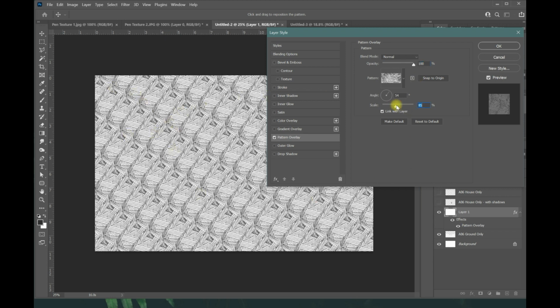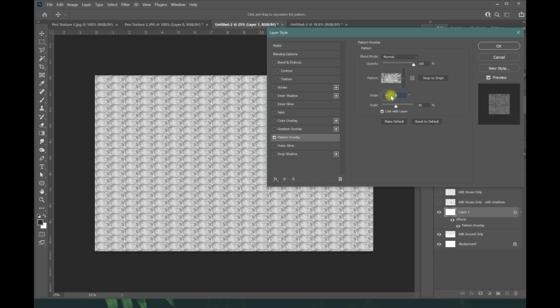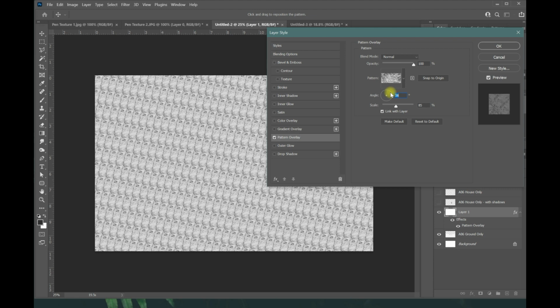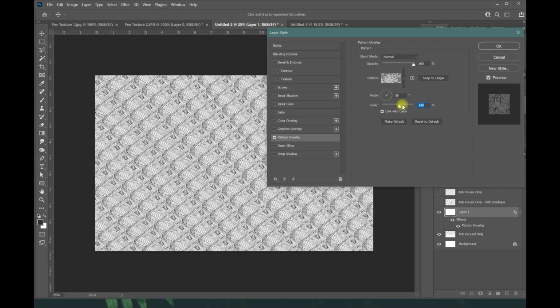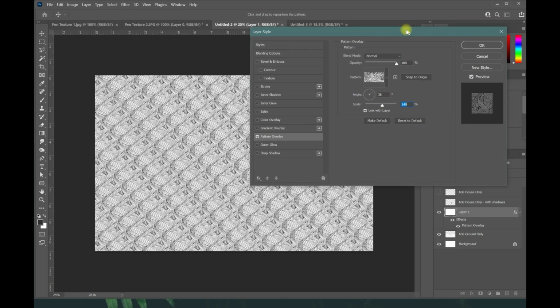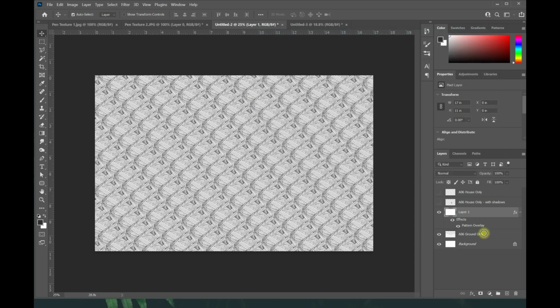I can change the scale of it. I can make it smaller. I can change the angle. I like this angle here. I'm going to make the scale a little bit bigger. That's very good. So I'm going to say OK. It's thinking, so it takes a little bit. And I'm going to call this texture 1